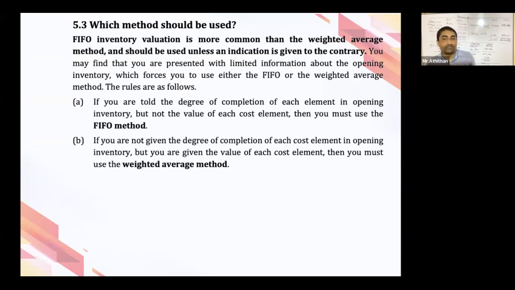100% complete and ஒரு assumption எடுக்கிறோம் தானே, அது கொஞ்சம் practical இல்லாத விஷயம். We are assuming that opening inventory is fully complete in the weighted average cost method. That is little confusing, isn't it? So let's forget it. Let's use FIFO as the best method, right? Whenever it is indicated you have to use weighted average cost, you have to go for that. If that is not indicated, straight away you can use the FIFO method. So FIFO method is the preferred method,